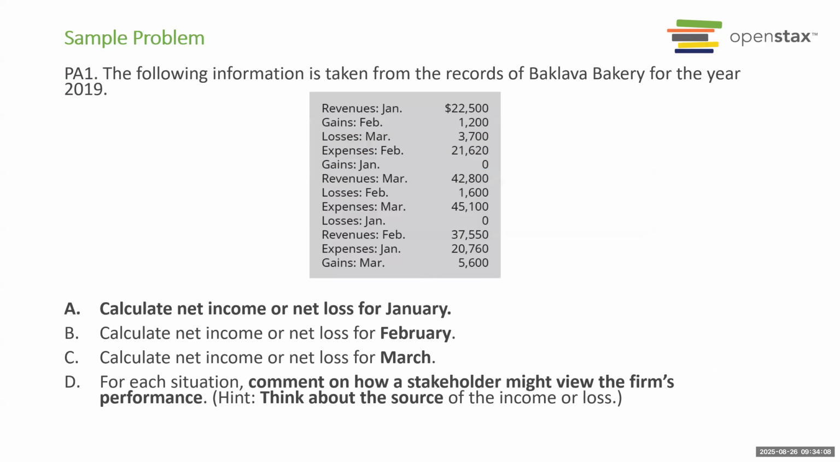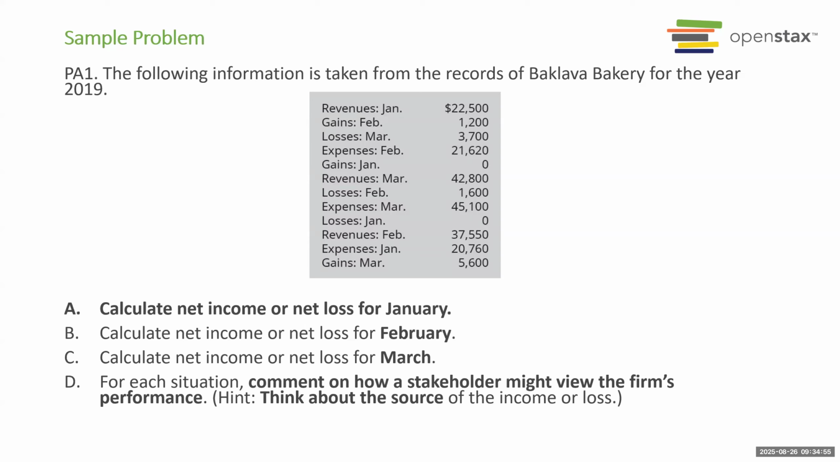Okay, another problem, PA1. Basically, we want to look at the following information: revenues for January of $22,500, gains in February of $1,200, losses in March of $3,700, expenses in February of $21,620, gains in January of 0, revenues in March of $42,800, losses in February of $1,600, expenses in March of $45,100, losses in January of $0, revenues in February of $37,550, expenses in January of $20,760, and gains in March